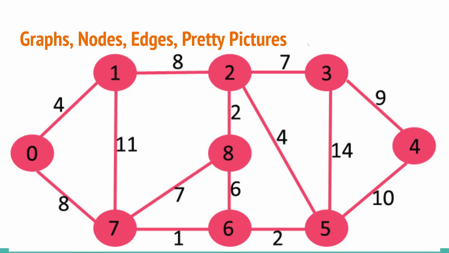Now, this should be familiar to at least you, Blake and Garrett, that are going through college: graphs, nodes, and edges, and pretty pictures, of course. This is the basis of machine learning, and this is also the basis of stuff like Dijkstra's and so forth. Machine learning, all it is, is nodes and edges, and you're doing traversal across the graph. Depending on what values are on the edges or in the nodes, they will add up to the weight it takes to traverse that node, and it will always try to go down the path of least resistance, or maybe the path with the highest values, in order to figure out what you may be trying to identify or what it is.